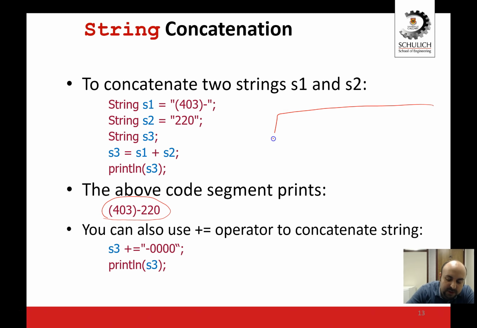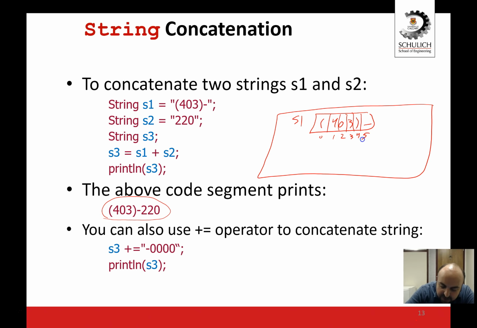So if we really quickly draw the memory diagram, S1 is going to contain 403. So it actually has 0, 1, 2, 3, 4, 5. So it has 6 characters. S2 is going to have 2, 2, 0. This is 0, 1, and 2. And S3 is going to be